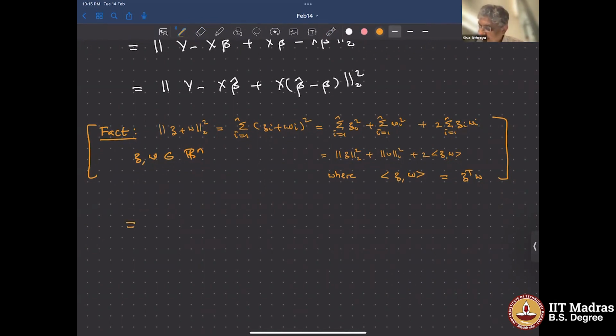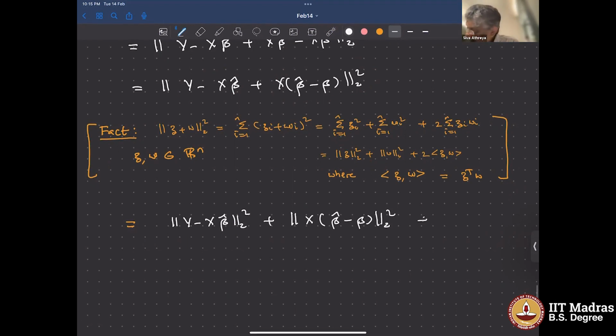The one vector z, this is the vector z that I have. So I'll call this norm z squared from here, right? Sorry, from here, norm z squared. So it's norm of y minus x beta hat whole squared plus the second person is from here, right? That's w. So I have norm x beta hat minus beta norm 2 squared. I'll have plus